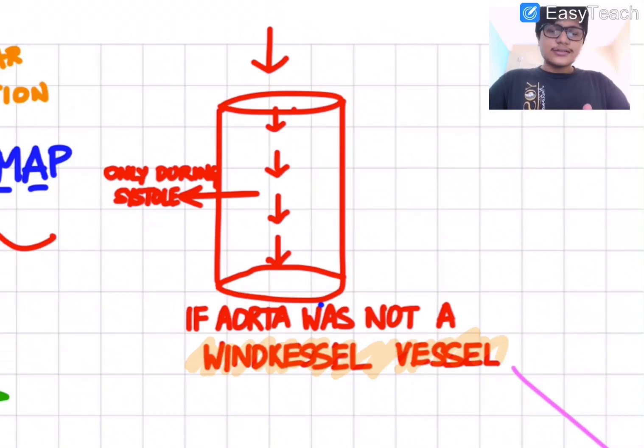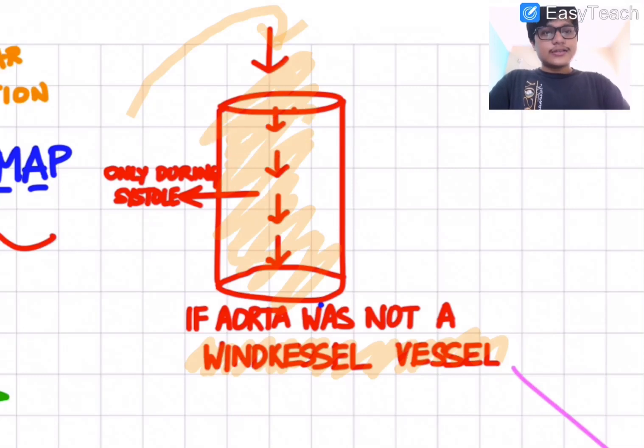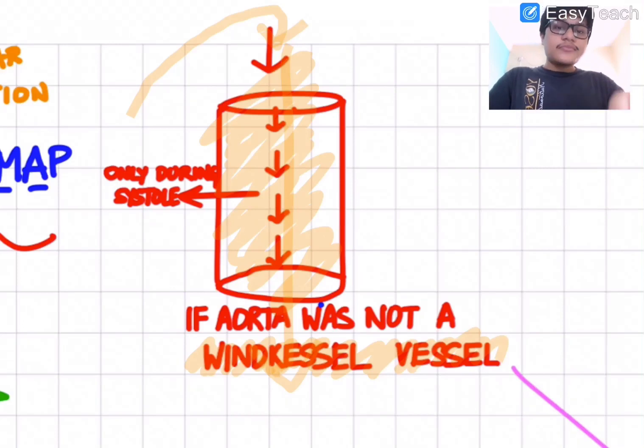Now, I want all of you to imagine a scenario where all of these arteries were not elastic. So, what happens? During systole, when the heart pumps out blood, blood will be traveling through these arteries. It will go down, but the moment the heart progresses to diastole, since there is no active push coming from the heart, the blood flow in these arteries would stop. And so blood would flow through our body only during systole, and during diastole all our peripheral organs would suffer from hypoxia.